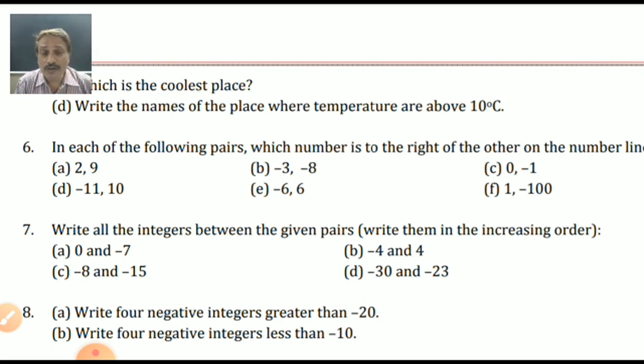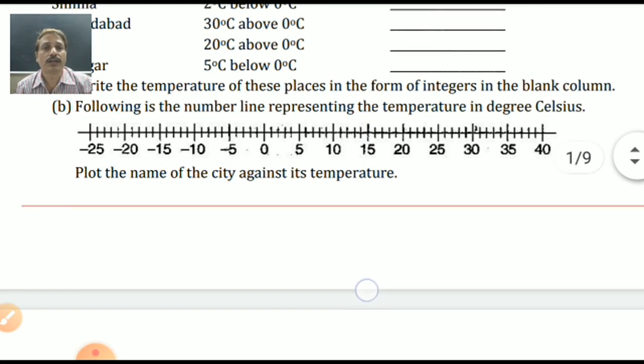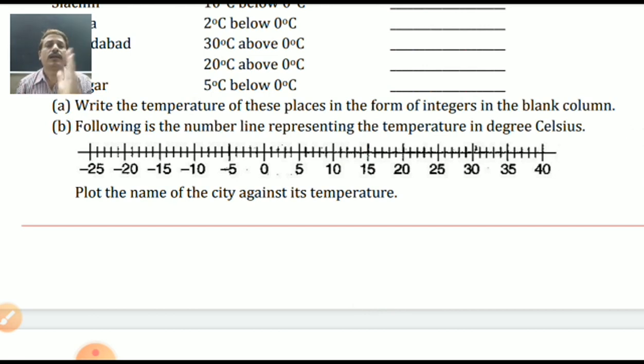2 will be coming on right, or 9 will become on right side? Yes, 9 will come on the right side of 2. Minus 3 and minus 8. Here ulta. Whenever minus sign you can find, you can write small number on right side. See, here I am showing. Number line. Minus 15 and minus 5. Or minus 20 and minus 5. Who is coming on right side? Minus 20 or minus 5? Yes. Comparing this both one, minus 5 on the right side.